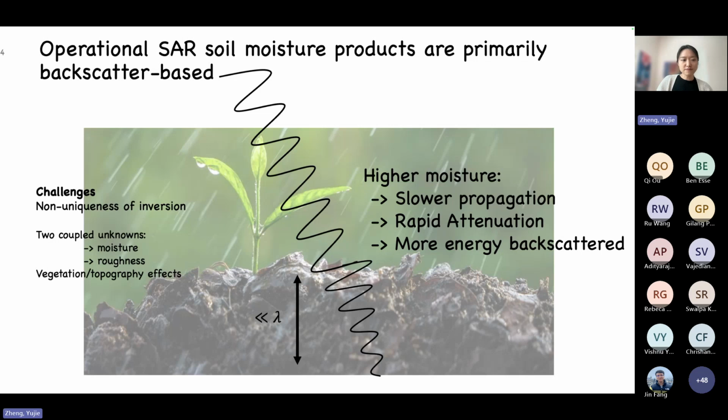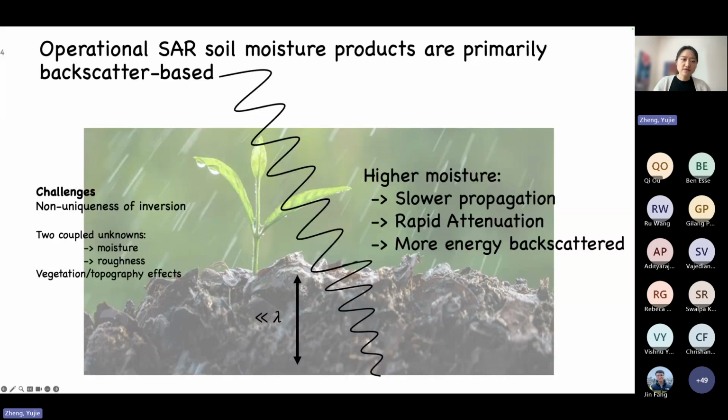In other words, different combinations of moisture level and surface roughness could potentially produce the same backscatter measurements. And in addition, vegetation and topography effects can introduce additional uncertainties. So essentially, while these backscatter-based algorithms are mature enough to deliver these operational SAR soil moisture products, the challenges are also